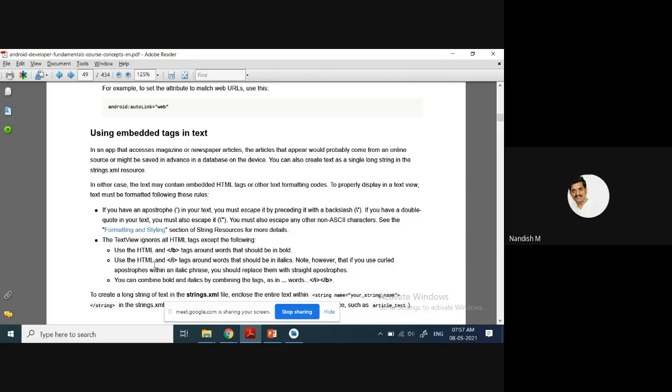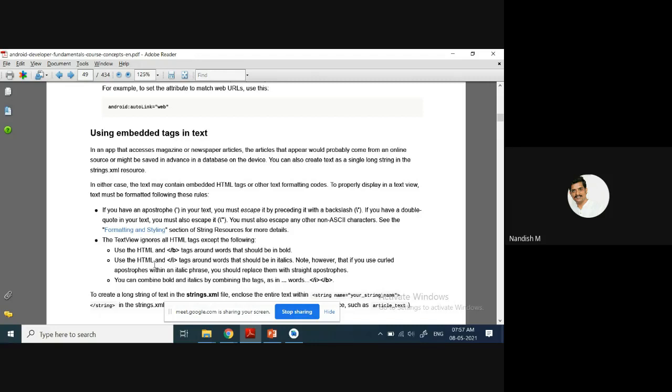Assume that you have written some text: I like Android subject, within the single quotes you are writing. Within the single quotes, I like Android subject, and you close the single quote. The same thing that you want to display on the app, it is not going to display that. Those single quotes are not going to be displayed.